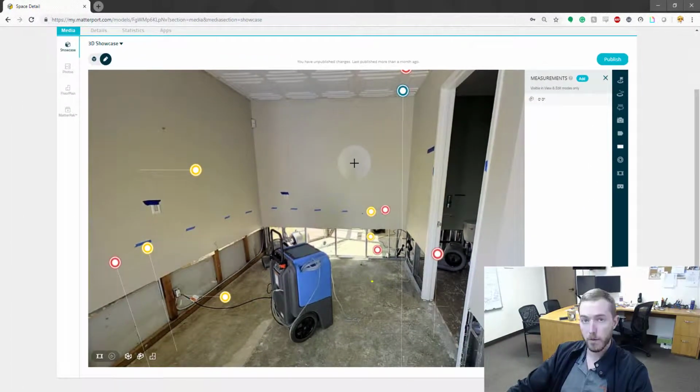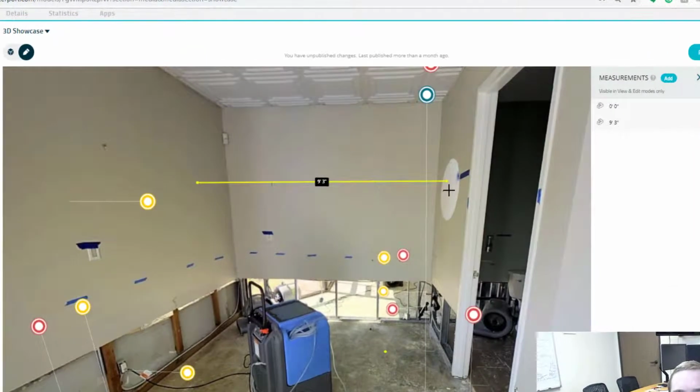Now, historically, what I've seen a lot as we travel and train and see people engage with Matterport for the first time is that they'll load up this measuring tool. And you'll see how I have crosshairs here and a general circle as to where it's trying to start the measurement. And I'm going to start it right here on the left side. I click once, I'm going to drag it across to the right side,